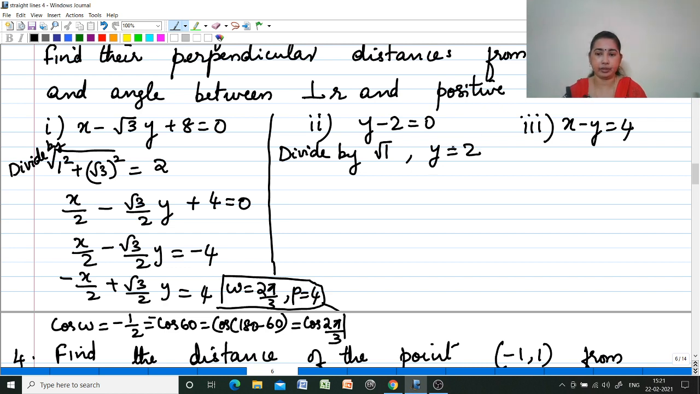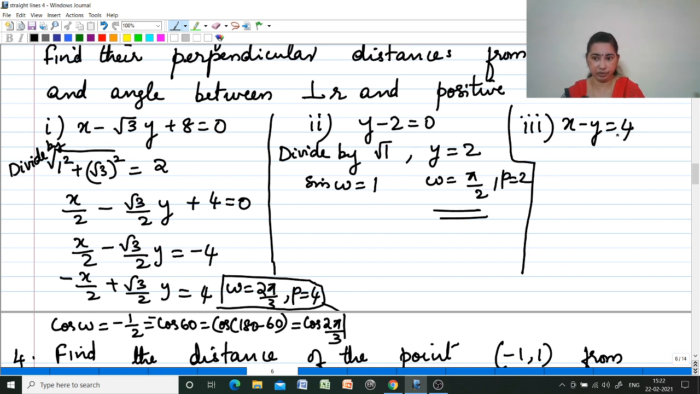Then, so now what happens? X cos omega is not here, only y sin omega. Y sin omega, or we can say that sin omega is equal to 1. That means omega is equal to pi by 2. And p is equal to 2. Omega is equal to pi by 2 and p is equal to 2. Then next one,